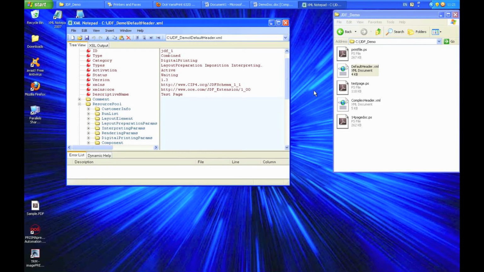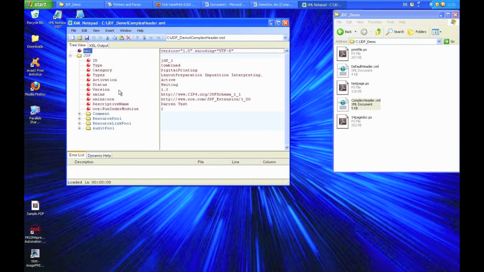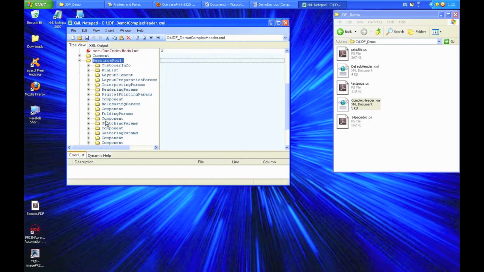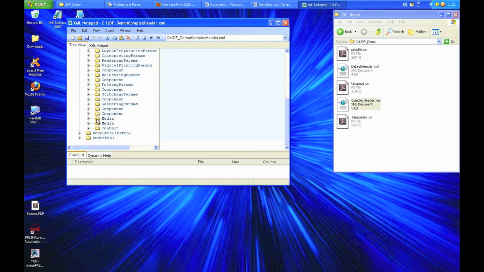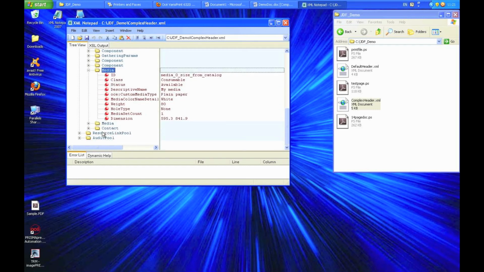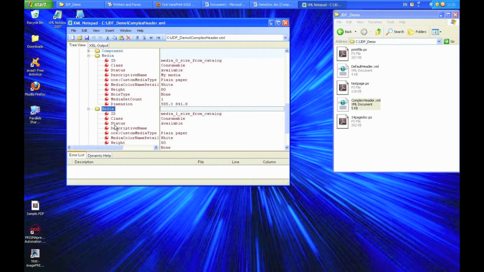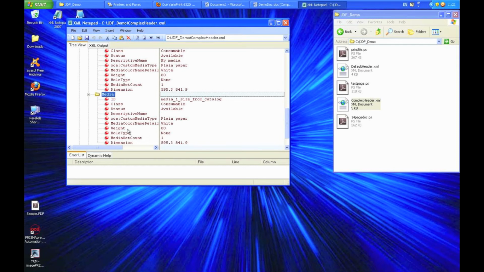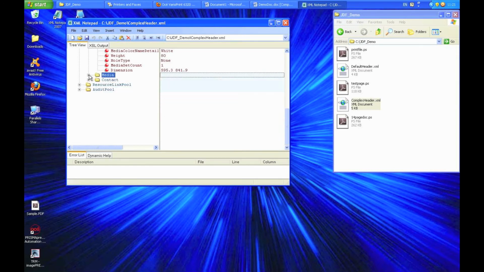Let's look at the complex header now, which has just been created in Word. You can see that it's taken my job name, so I can edit that if I want to. And then if I look here, I've got 2 media stocks. So for every media stock that's used in the file, I expect to see one of these tags which define the media. And then just working up